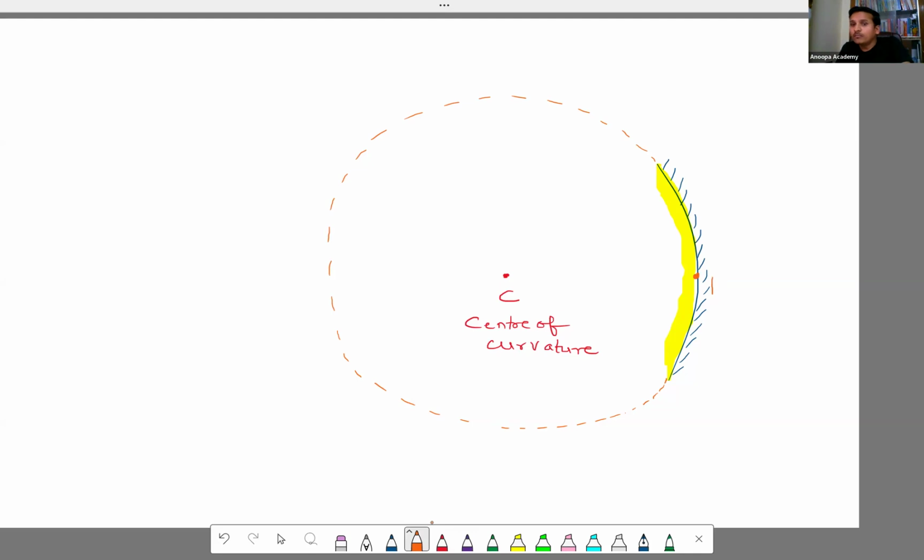What is pole? Pole is nothing but the center of the reflecting surface. Mirror is a reflecting surface, right? The center of the reflecting surface is called pole. We use capital P for that. Pole is the center of the reflecting surface or the mirror. Yes or no, everyone? Are you all getting it? Perfect. Now, an imaginary line